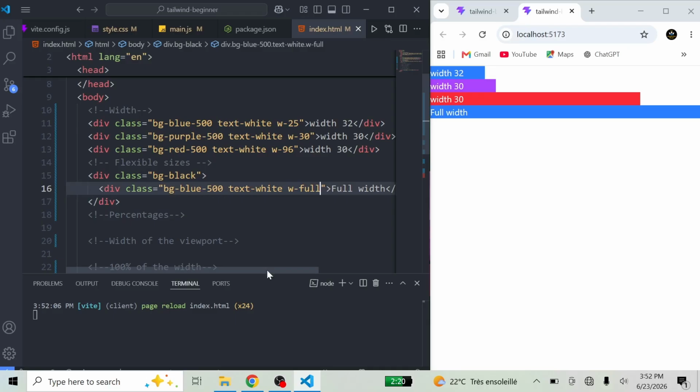I think that you get a point of this width. If you want, you can use 50, which occupies only 50 in the width. But if you want, for example, to take all the space of its parent, you can just put w-full, then you see here it occupies all the space of its parent,